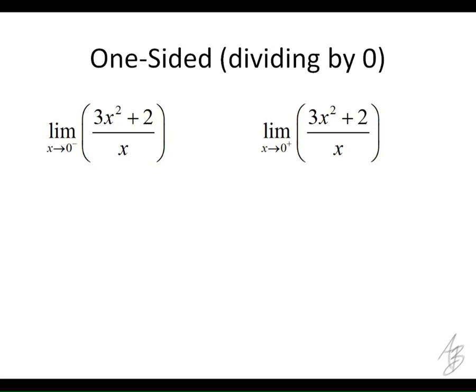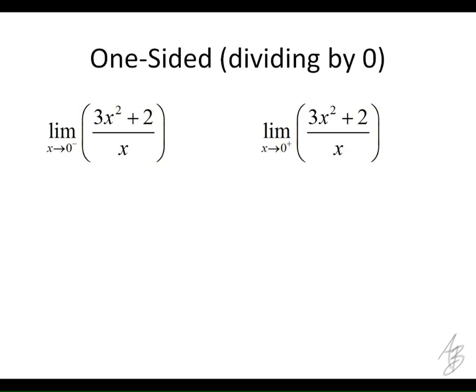Okay. We saw this limit earlier, didn't we? Except it wasn't one-sided limits. At the time, it was just an overall limit. And we said we got 2 over 0, so it doesn't exist. So let's look at it from one side and the other. All right, as x approaches 0 from the left,